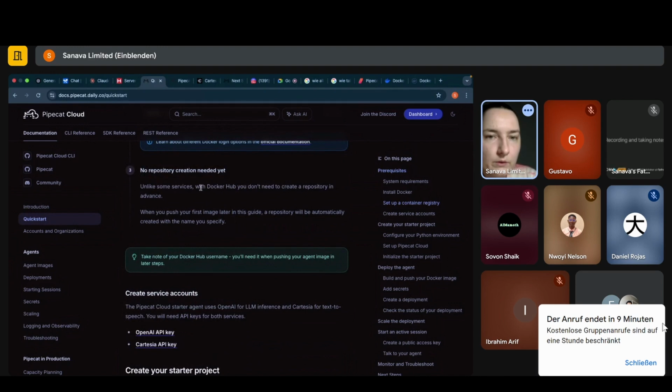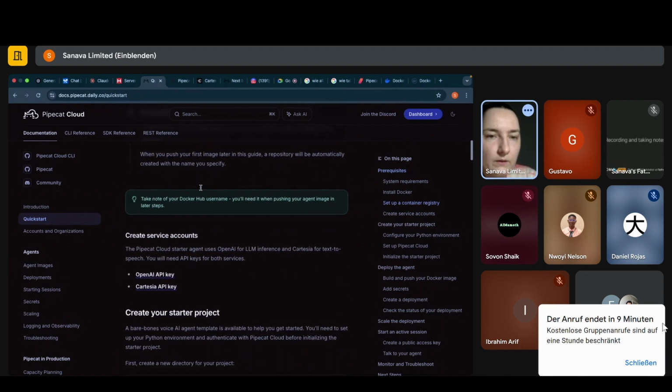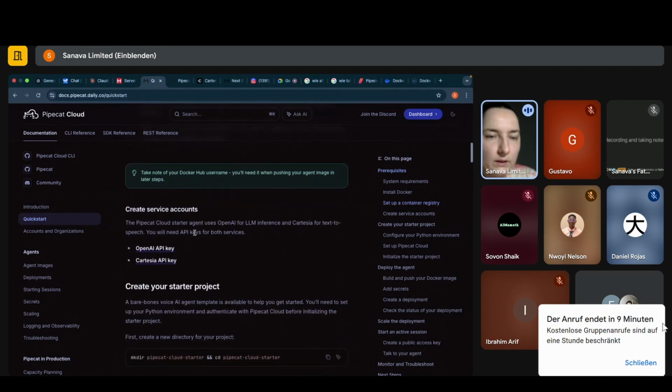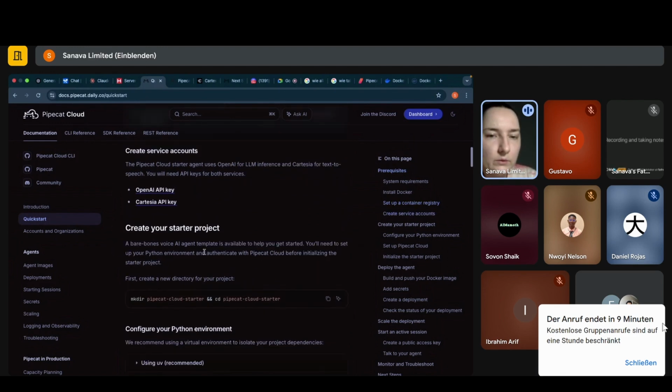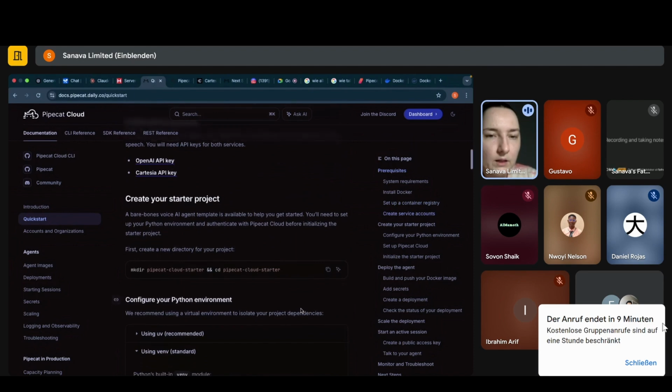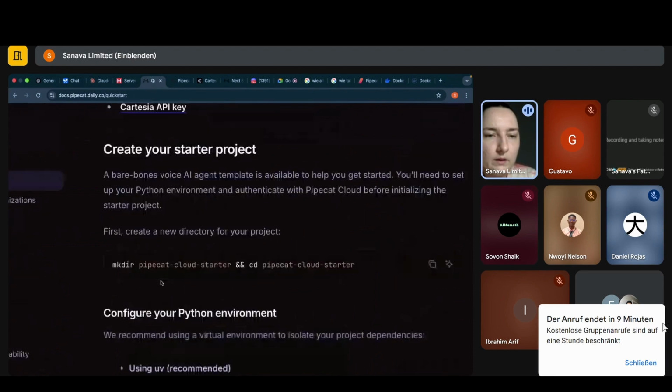No repository creation needed yet. That's great because it's creating automatically. Okay, then it's telling us to get our API keys. We will do that in a minute. Now, remember this